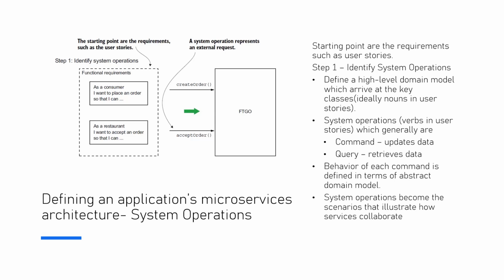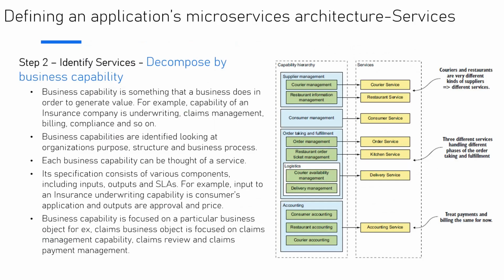Now, identifying system operations, typically we have two different patterns, which we talked about in terms of the microservices architecture pattern language. The first one is decompose by business capability. Now this is something we would be doing anyway. If you don't follow an object-oriented analysis and design approach, we go with the business capability, where we look at each business capability and define